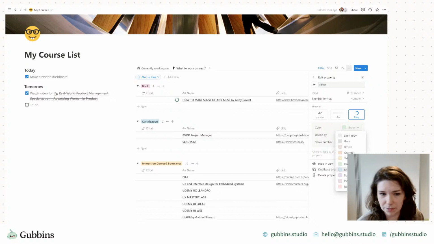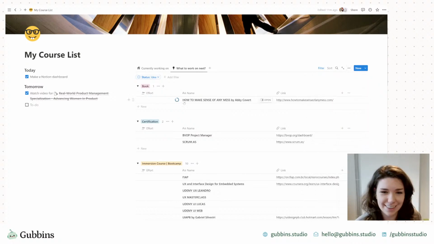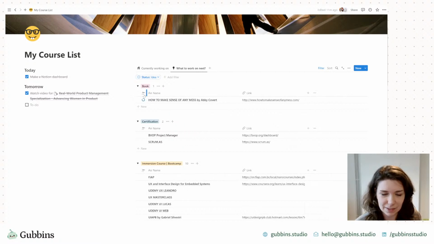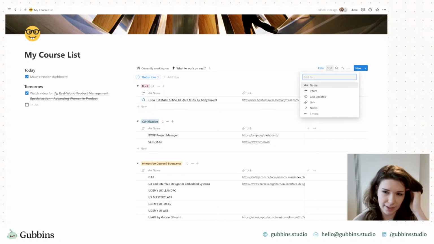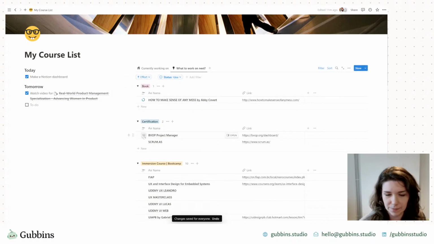Let's also make this blue, just because. Why not? Then you can sort by the effort it would take you descending. So it would put the higher ones, let's do ascending, so it would put the easier ones first.